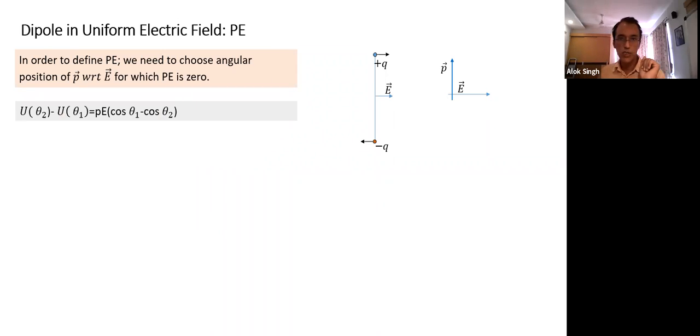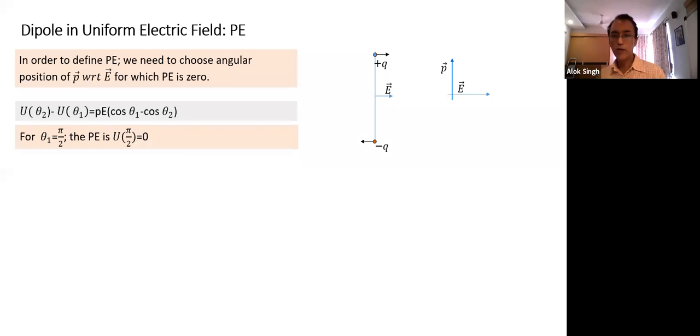What is the reference? This expression. What is the reference we choose? This is the reference we choose, see the figure. What is this angular position? Plus pi by 2 or minus pi by 2? Plus pi by 2. So we choose that when theta 1 is equal to pi by 2, U theta 1 is 0. That's the reference. This is something in terms of dipole, and this is in terms of vector notation. This condition, we choose it to be 0. We could have chosen 0 anywhere else, but we'll see why we have chosen this to be 0.